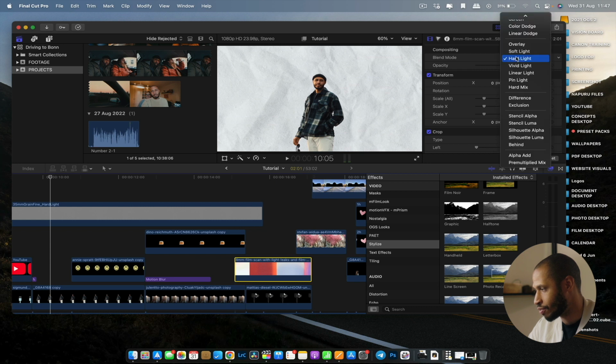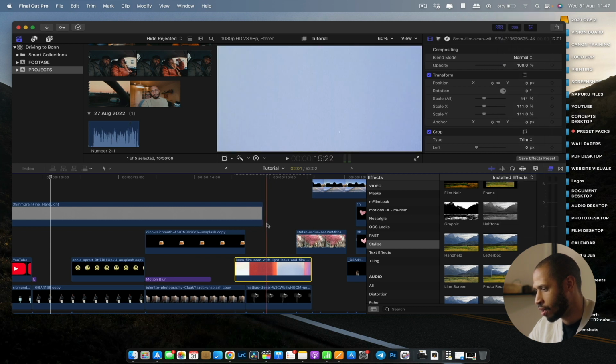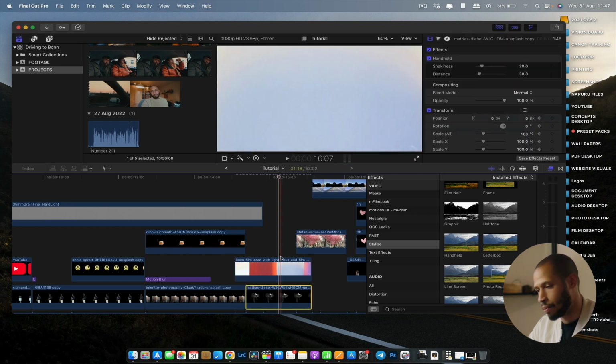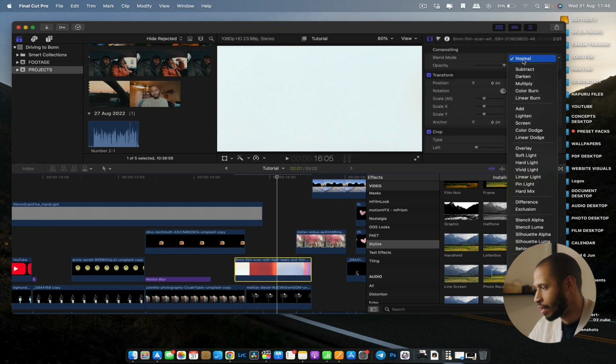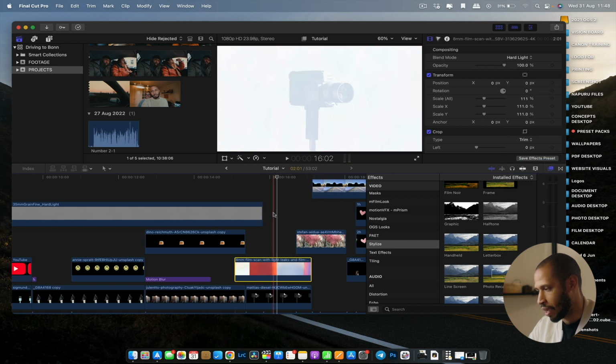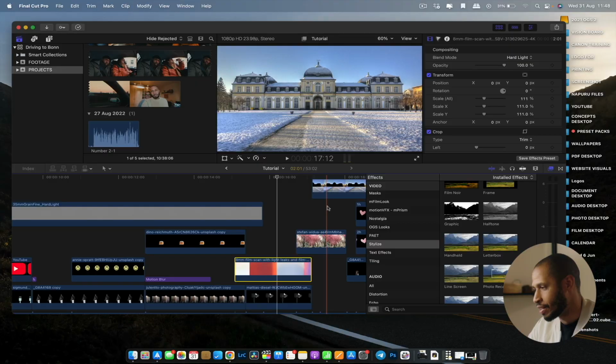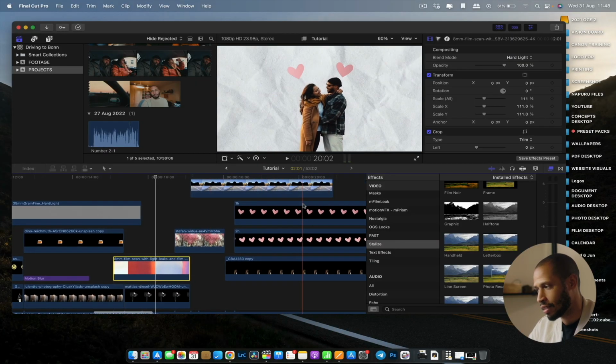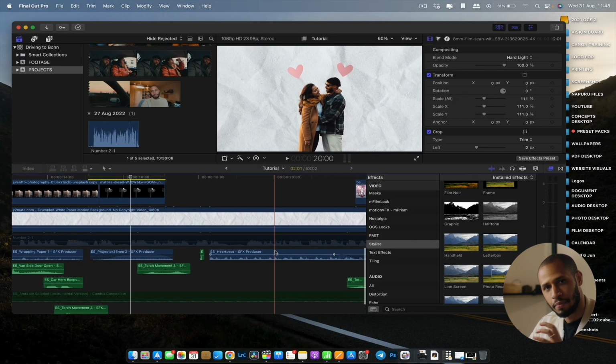So if I take out this from hard light and I just have it as normal, you wouldn't be actually able to see the camera in the background. So by changing the blend mode to hard light, you're able to see the camera and get that effect of kind of that old film. I just wanted to bring all these different images to life every single time they came onto the screen. So when I brought the images of, for example, the hearts here, I had the heartbeat beating,